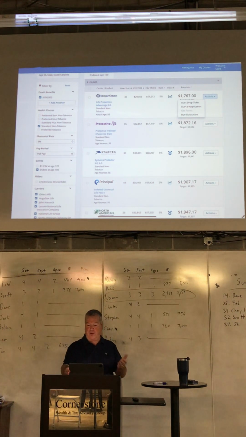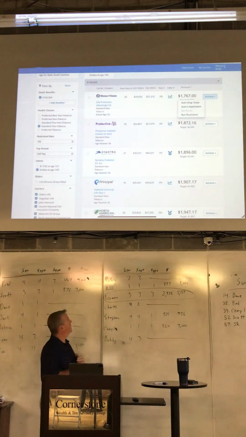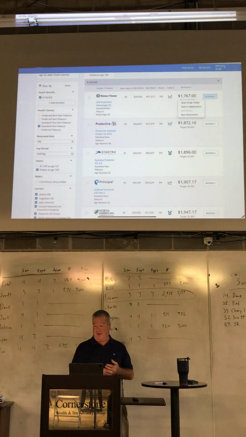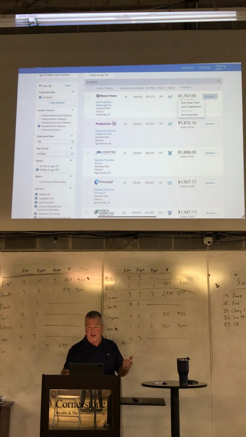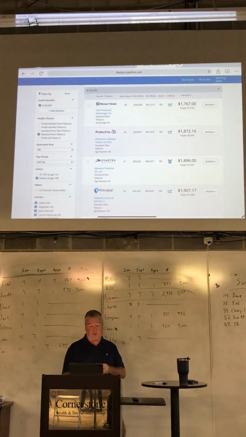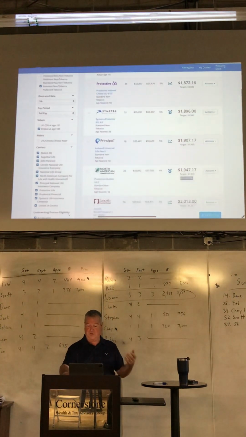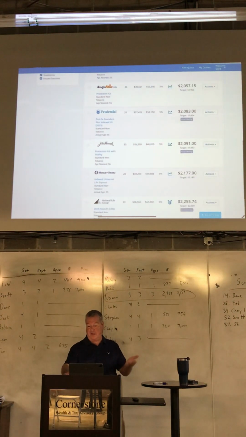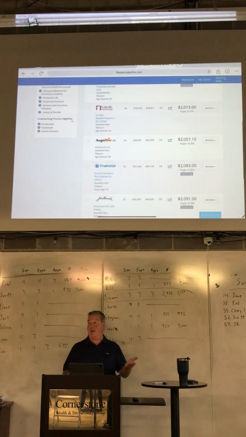And again, you can run your illustration around there. I was going to run one, but right now it seems to be going a little slow back here. It'll take a long time to pull the illustration up. But it is kind of nice. So if somebody's looking to build some cash value on there, it shows you how to do that. But it gives you a lot of different options. Lincoln, Augustar, Prudential. I mean, there's a lot of different companies on here that you didn't have on the other